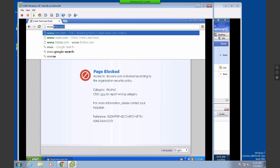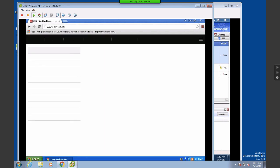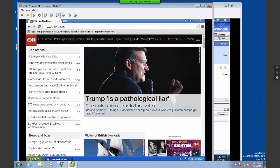CNN.com will load up. Again, there's nothing special about this end user system. I didn't have to go and configure anything on the end user. No endpoint client software, and in this case, no configuration of any PAC files either. It's simply using its default routes through the network to get out, and it's going to the Checkpoint firewall. The Checkpoint firewall saying, well, it's not alcohol, because I'd serve up the block page for that. It's some other site. I'm going to allow you, but I'm going to redirect you through the Menlo Security Isolation